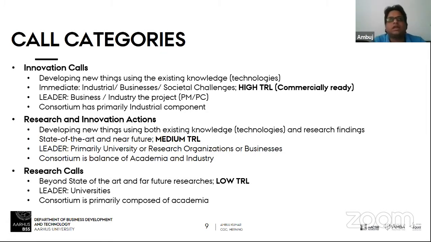Whereas research and innovation actions can be led by either industry or academia, but primarily the universities are majorly involved, because a lot of research needs to be done while the project is going on. And then purely research calls are obviously the universities or the academia.